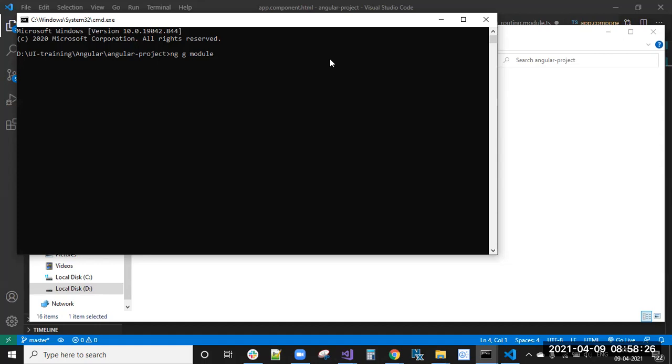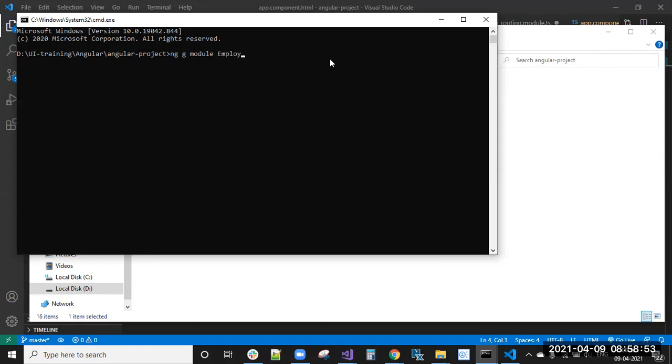Ng means Angular CLI. Next, ng generate module, and we need to give the module name. I want to create an employee module, guys. Inside that employee module, I want to keep employee information and display that employee information, so I'm creating the employee module.